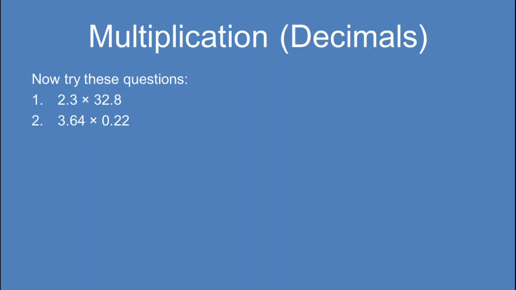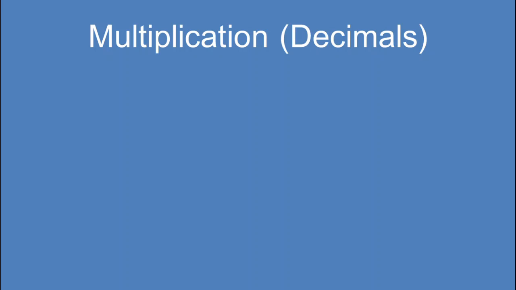Question 2, 3.64 times 0.22. Question 3, 0.718 times 2.5. Question 4, 5.24 times 4.4. Question 5, 0.257 times 3.1. Here are the answers. Question 1,